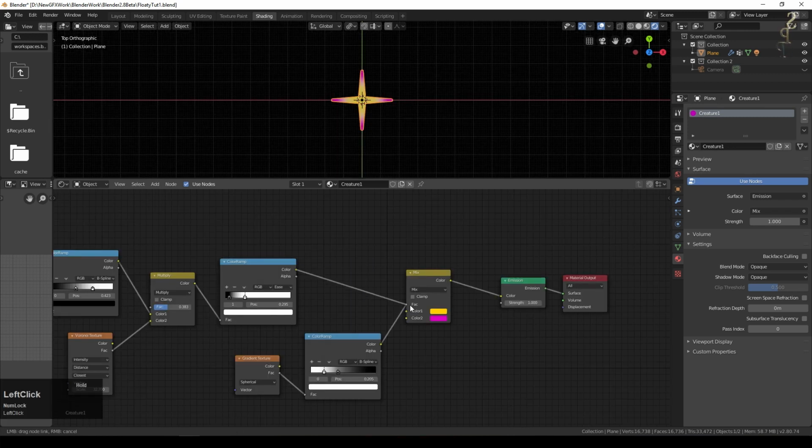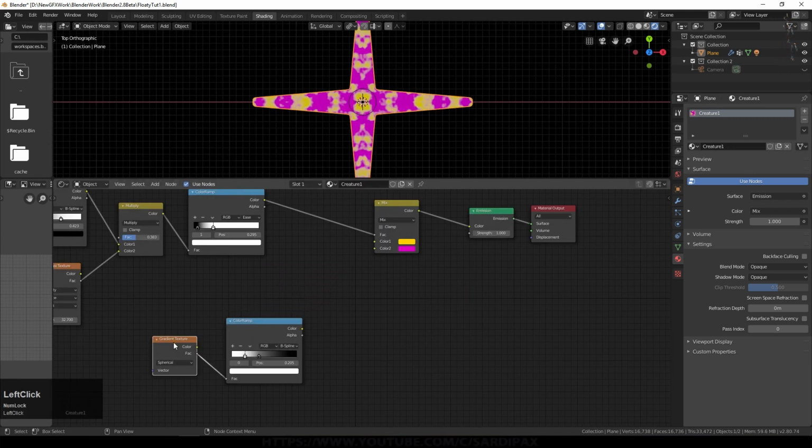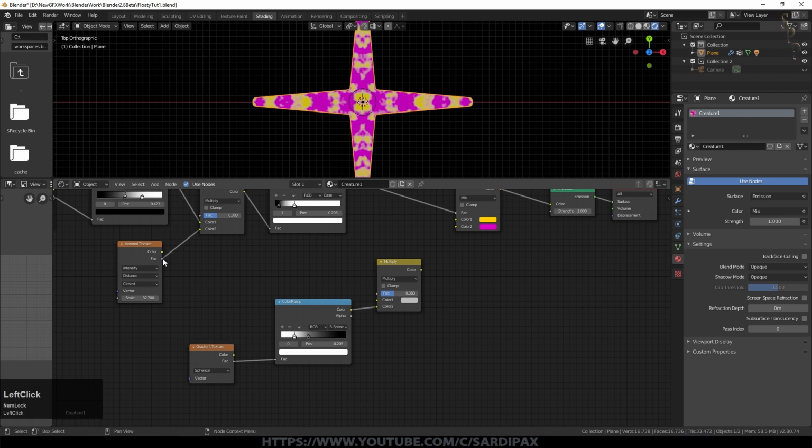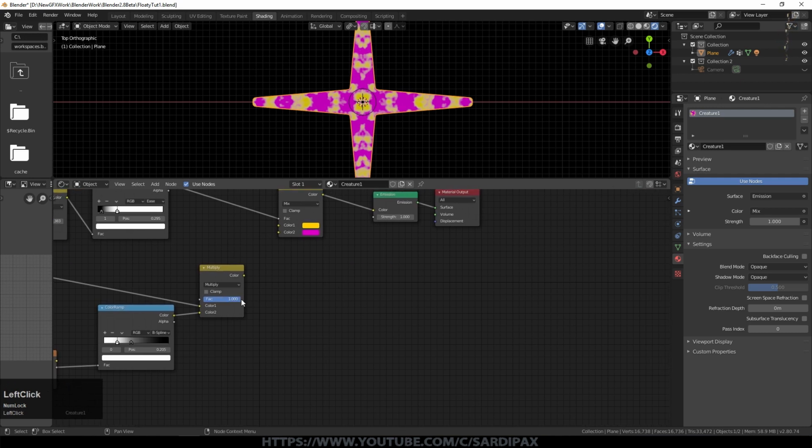So I'll put my noise back into there now, bring this down here, and I'm going to take a copy of that multiply node, put that here, and take the color from ultimately this gradient texture into that multiply node. I'm going to take the output from the Voronoi texture, put that into the other input. I'm going to set the factor up at 1, and then I'm going to add a converter, which is a math node, set to multiply, take the color out from that multiply node and put that into this multiply node. So this is just a color multiplier. This is a mathematical multiplier. I had this up at about 5.